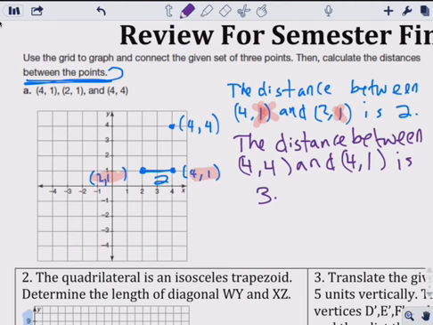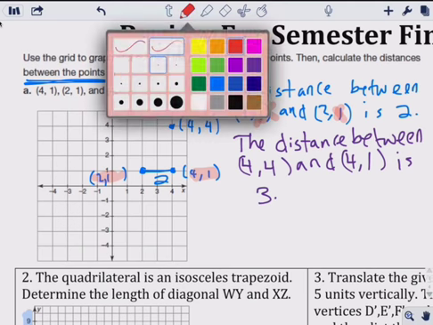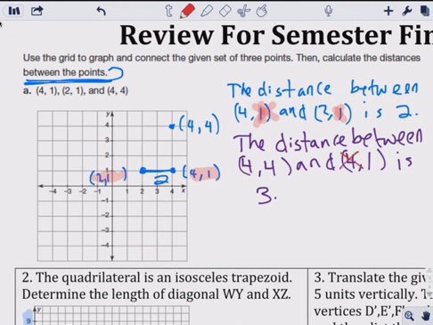Because if you notice, the 4 and this 4 is the same, those x are the same, the only difference are the y's. See, the x are the same, the only difference is the y, and this is the difference of 3. So now the only missing part is the distance between